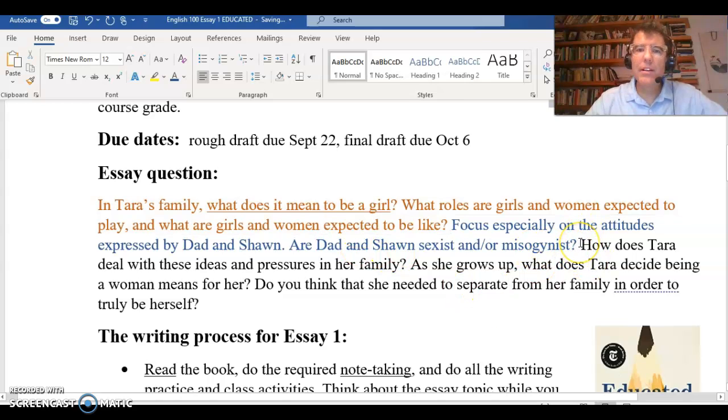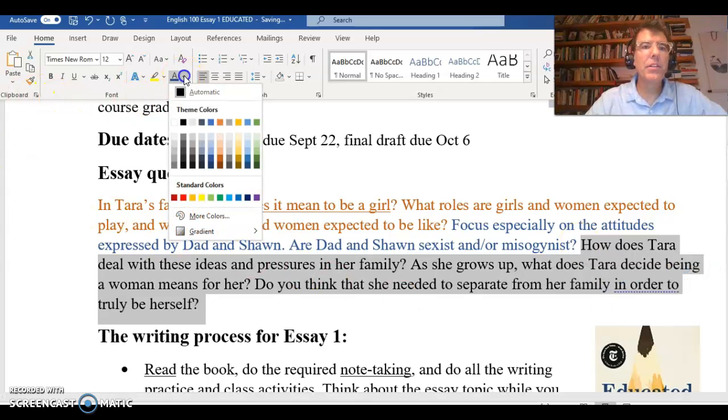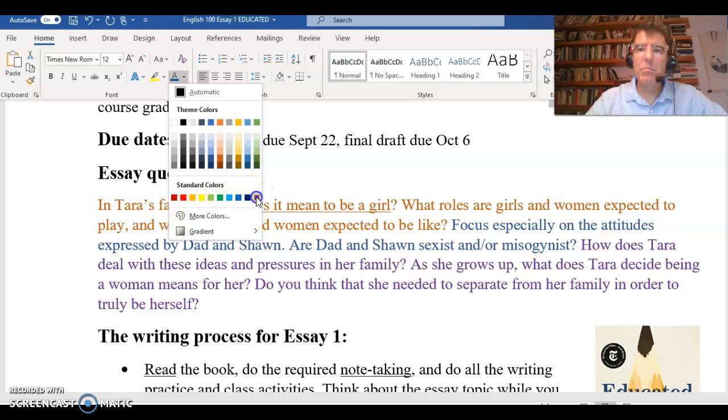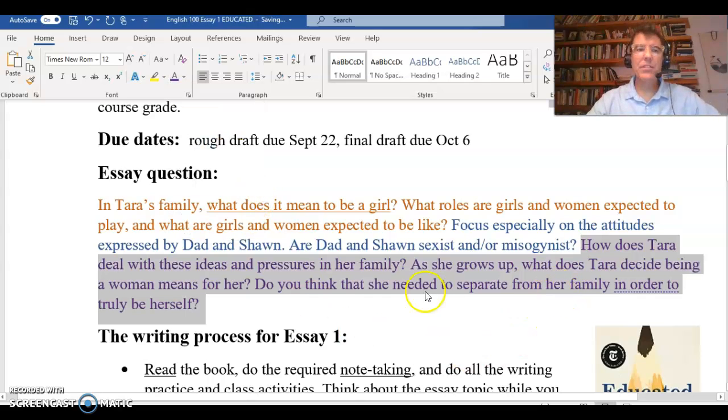Let's go on to the last part. And I'm going to make this one a different color too. I'll make it purple. How does Tara deal with these ideas and pressures in her family? As she grows up, what does Tara decide being a woman means for her? Do you think that she needed to separate from her family in order to truly be herself?